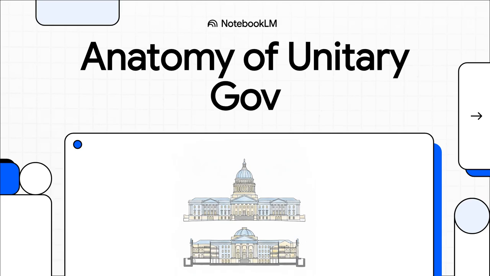We are unpacking something absolutely crucial, looking at how certain nations actually structure their rule and organize their power. We constantly hear terms thrown around like national government or central authority, but how do these systems really function at their core? Today, we're going to break down the anatomy of a unitary government. By the time we wrap up, you're going to have a crystal clear understanding of the exact mechanics running some of the most powerful nations on Earth.